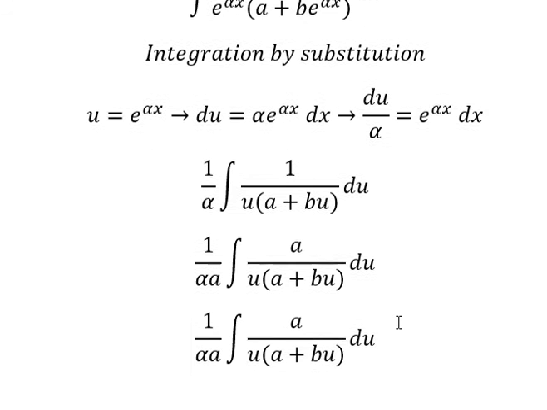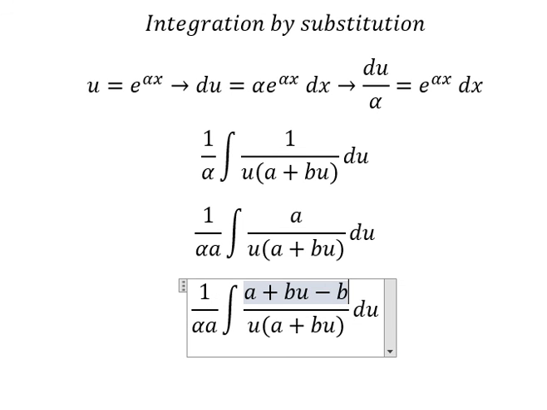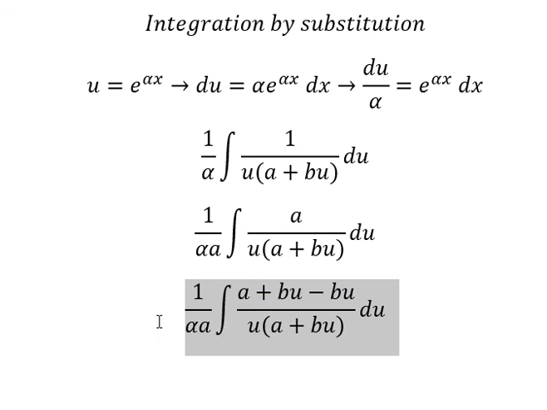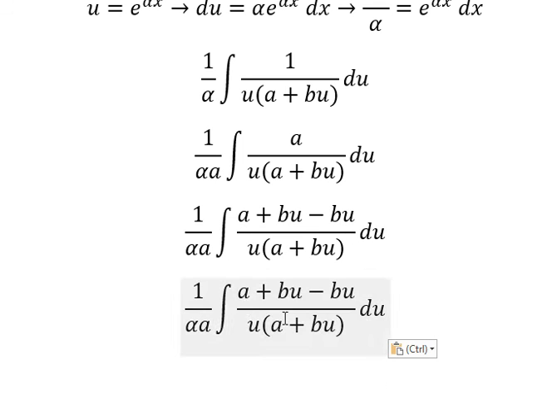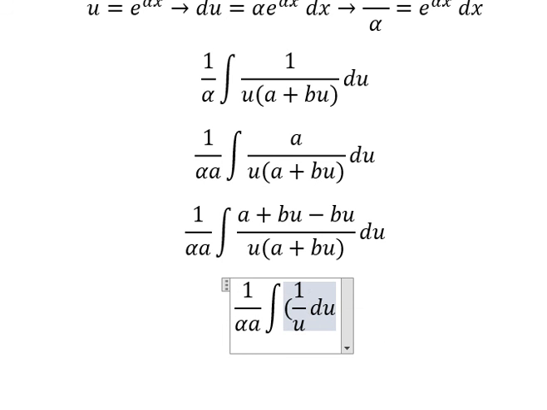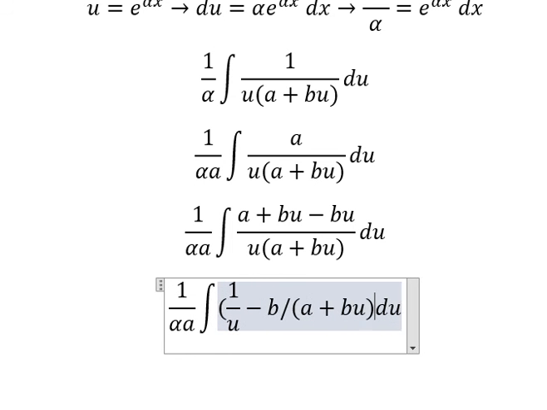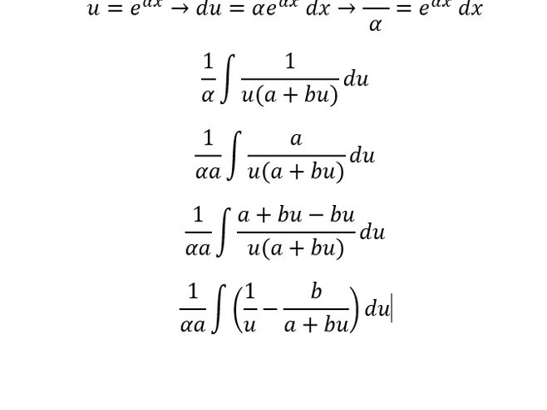Next, we need to add bu. That means we need to minus bu. So this one divide by this one and this one divide by this one. So we will have 1 over u minus b over a plus bu. Next,